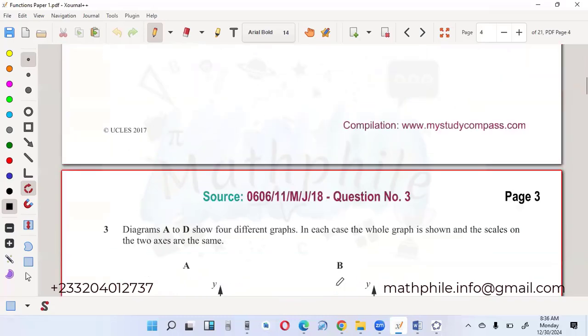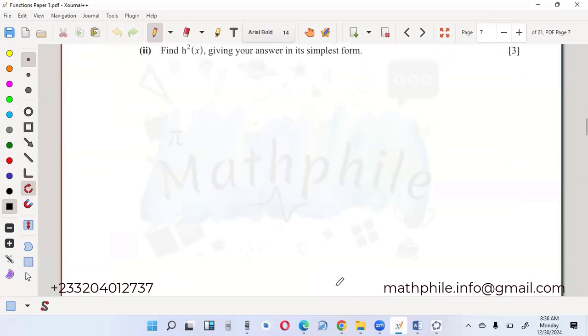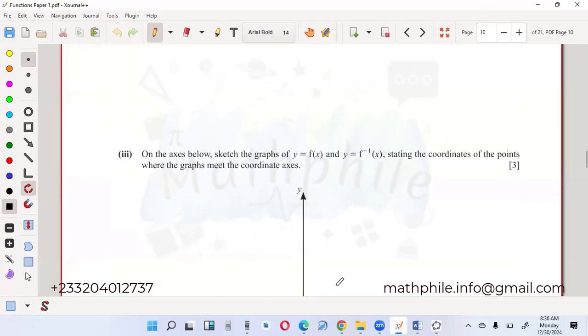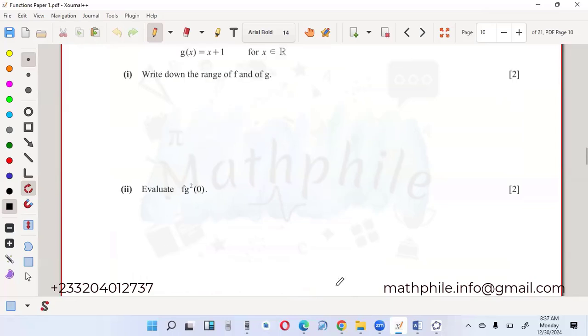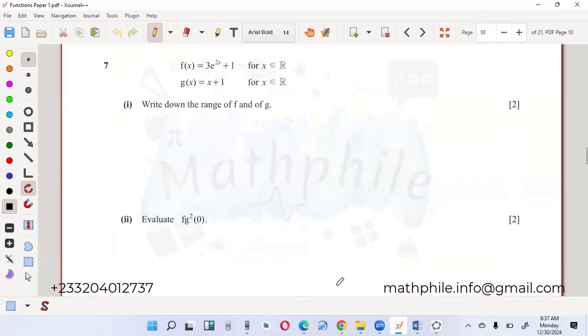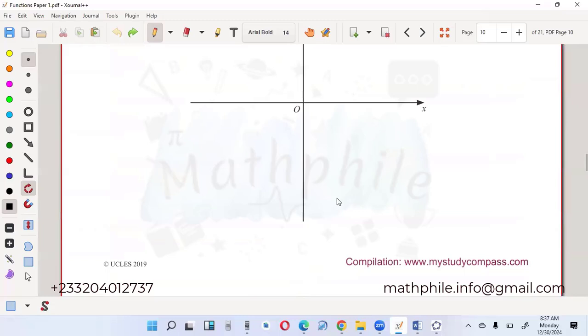Paper two. This is not asking me to sketch. This is also not asking me to sketch. Oh, there's a sketch question. Yes, there's an exponential sketch. We're told to sketch f of x. Quickly, we know that the asymptote is at 1 and the y-intercept is going to be at 4. And it's a positive graph, so it's going to look like this. So quickly, we sketch the curve. Question number 7 also contains a sketch, but you can't sketch the inverse function